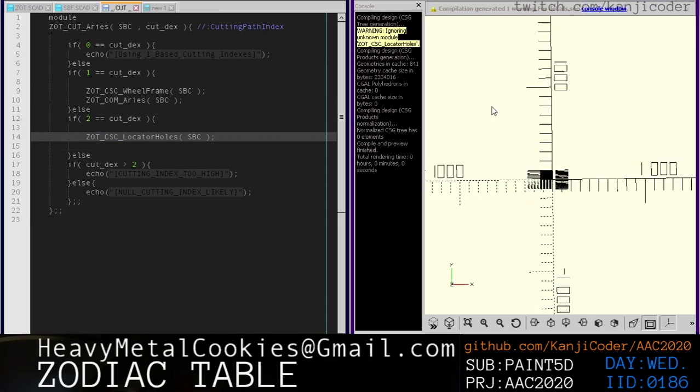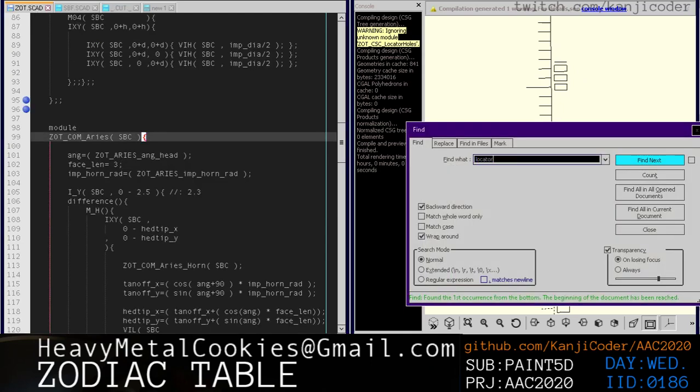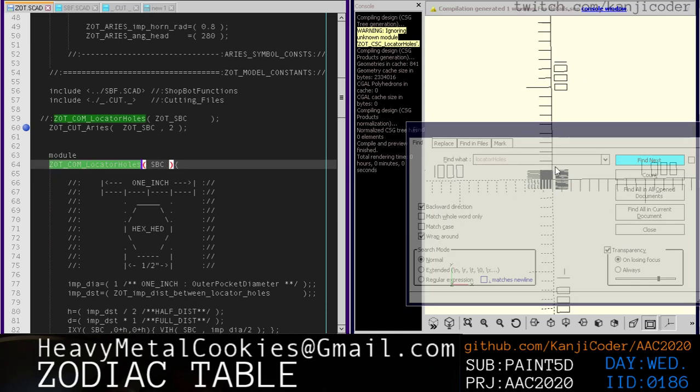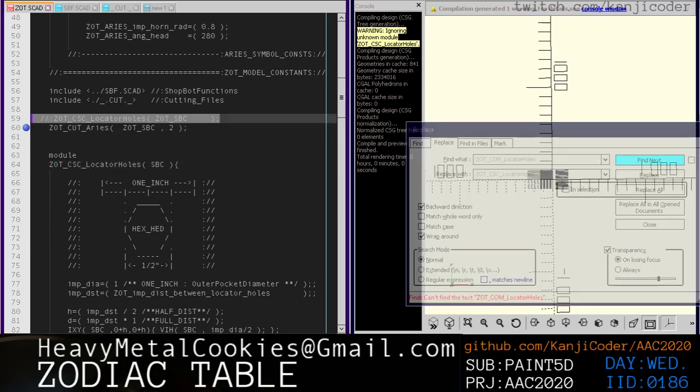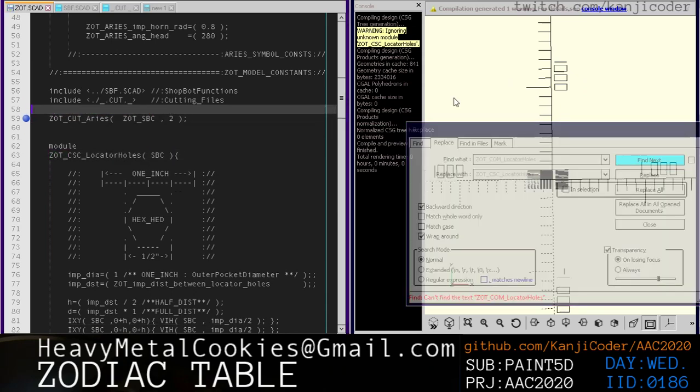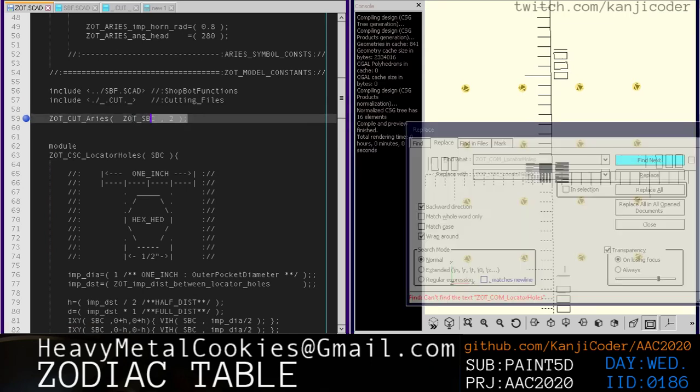F4. Warning CSC locator holes. Because locator holes, whatever that is, we're going to take this and we're going to rename that, right? So, these locator holes are now going to be a CSC. Replace, replace, get rid of that. F4. Okay. So now the next thing is, we're going to take this,